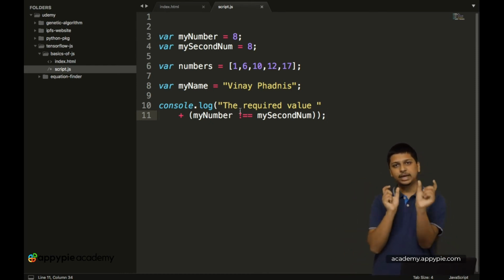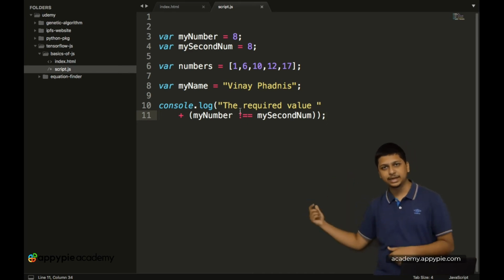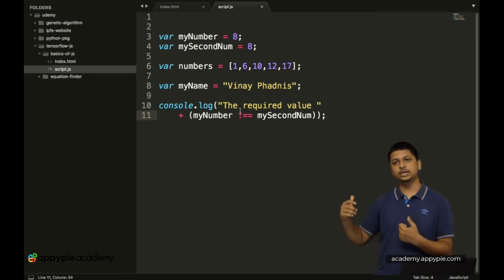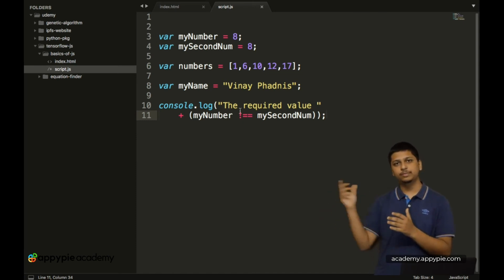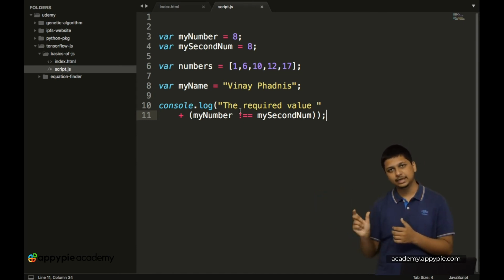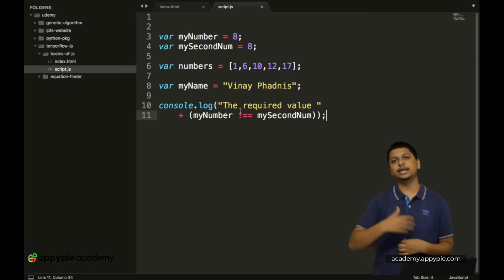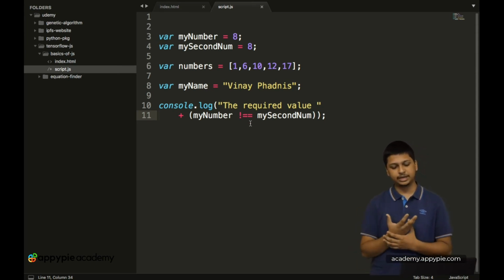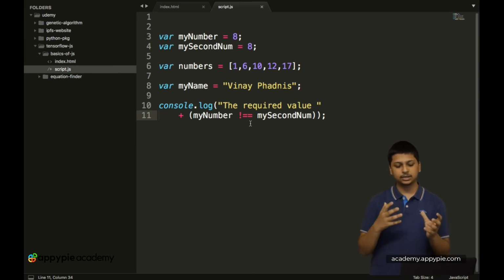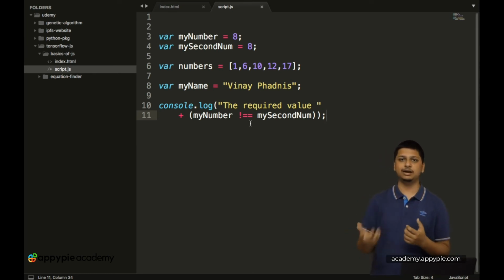Okay, so we are checking if my number is not equal to my second number, which over here is not true. Okay, so my number is equal to my second number, so that is why we are getting the value as false. Okay, so then this is pretty much it for some basic type of comparison in JavaScript.